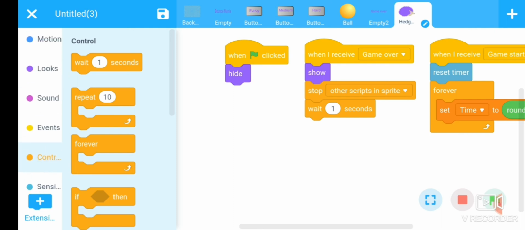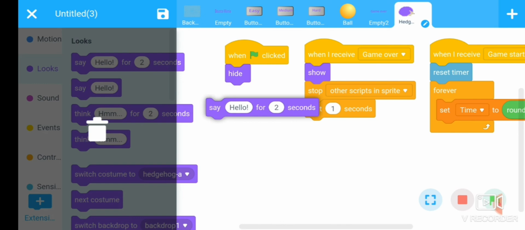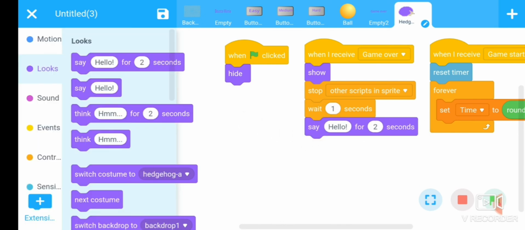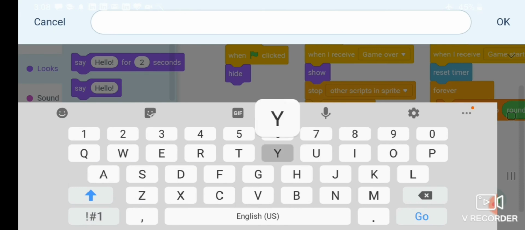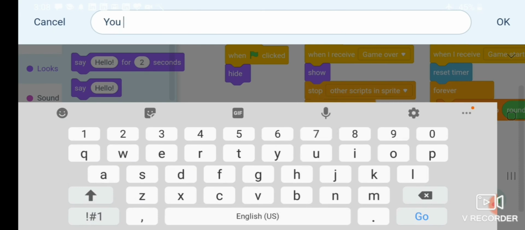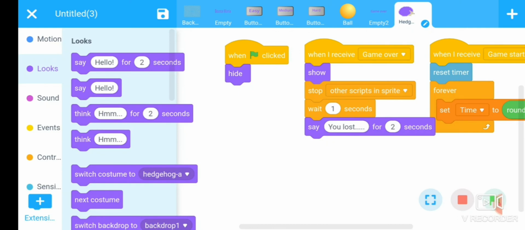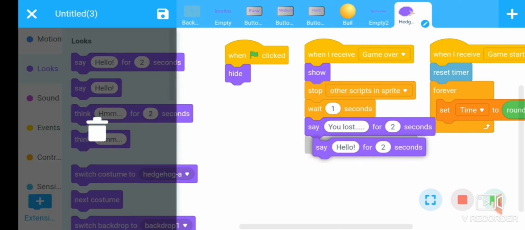For this, go to the look section. There is a command say hello for 2 seconds. Replace hello with you lost. Okay, fine. And also show the time.